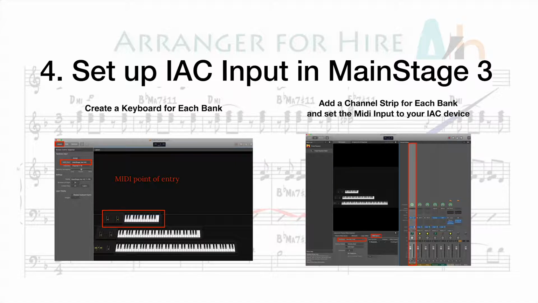Mainstage is basically a sample module player controlled by a keyboard. You can also plug audio into it and route effects and that kind of stuff, but it views any incoming MIDI as coming from a keyboard. So it thinks of Finale as a keyboard, and it thinks of each of the modules in Finale as its own distinct keyboard. So using the layout mode in Mainstage 3, you can drag enough keyboards up to this window